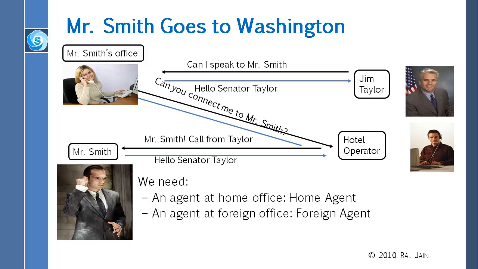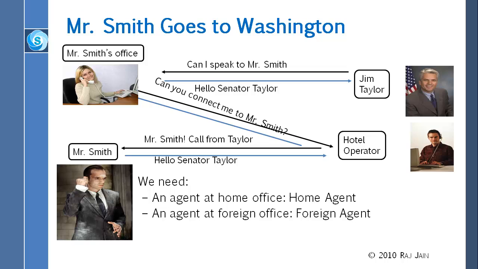Obviously, Mr. Smith doesn't answer the phone. He has an assistant, and the assistant says, "Hello, Mr. Taylor," and then he says, "Can you connect me with Mr. Smith?" And she says, "Yes." What she does is, it could be he as well, what he or she does is, she contacts the hotel where Mr. Smith is,